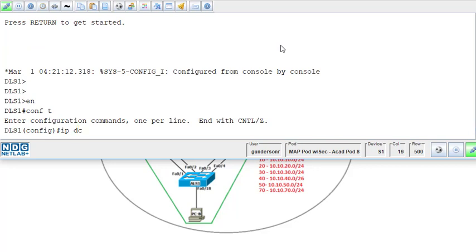So we got to configure 3 separate pools, one for VLAN 10, one for VLAN 20, one for VLAN 50. And I'm going to name the pools VLAN 10, VLAN 20, VLAN 50, so then I know which pool is servicing which subnet. So IP DHCP pool VLAN 10,